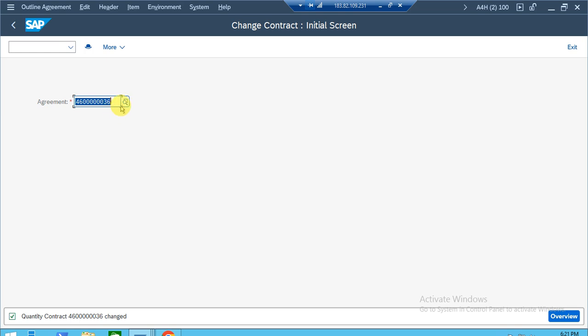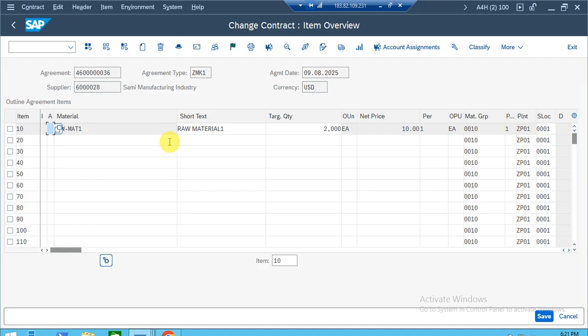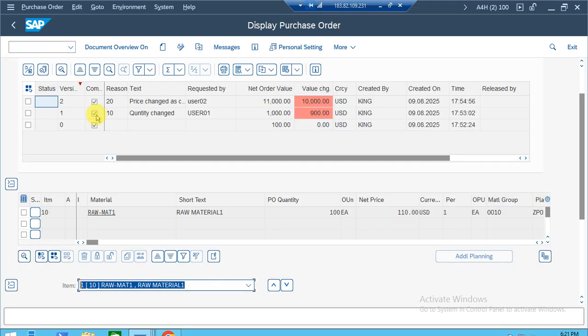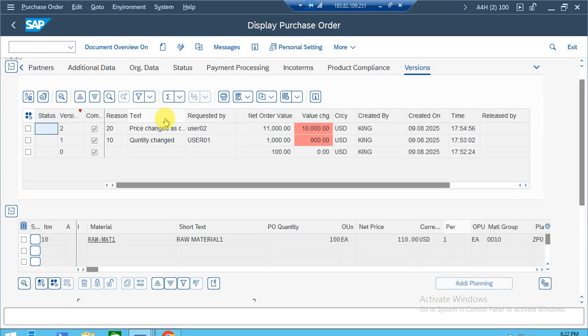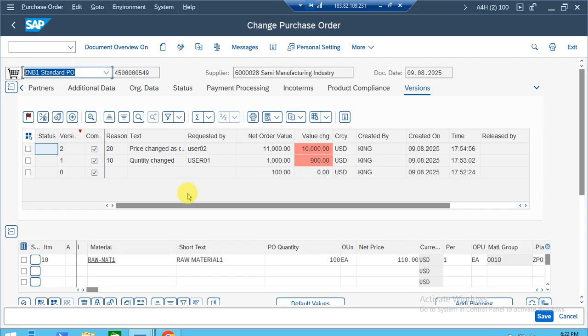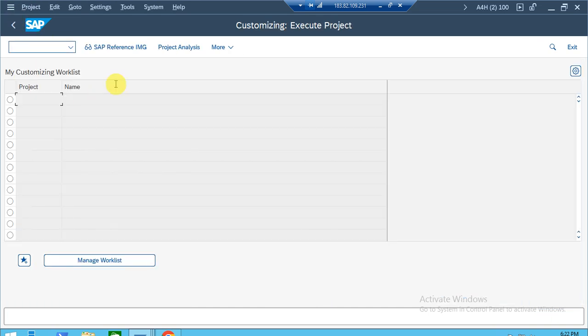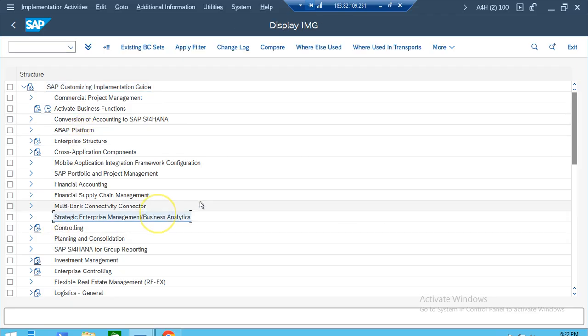So what if, let's say, here we have done changes. Now I'm going back to that purchase order which I created. Yeah, so this is the purchase order. If I open this purchase order in change mode, let's say if I do any other changes other than this, or else what we'll do, I'm going back to